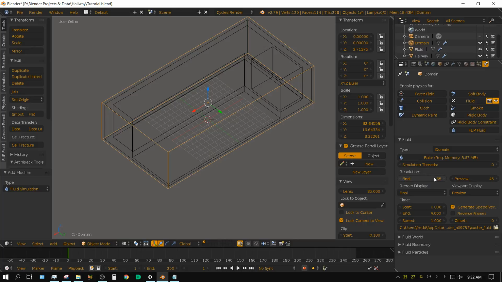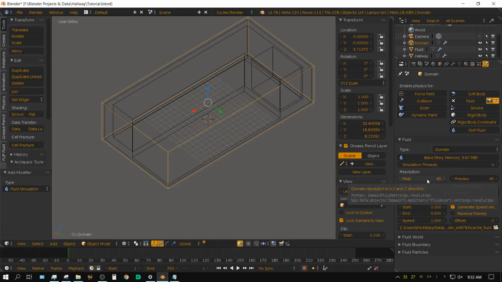The higher the number here, the better quality the resolution of the water simulation will be, the more detail it will have in it. But the time it takes to bake and the memory that's required to bake grows exponentially the higher the number. Like right now at 65, that's an extremely low resolution, and it takes just under 4 megabytes of memory.